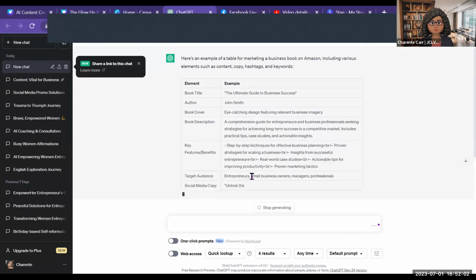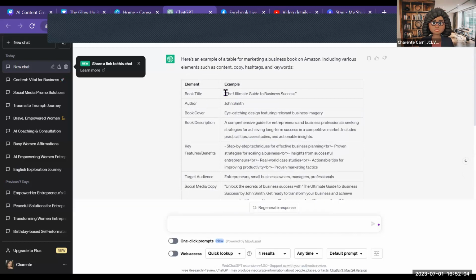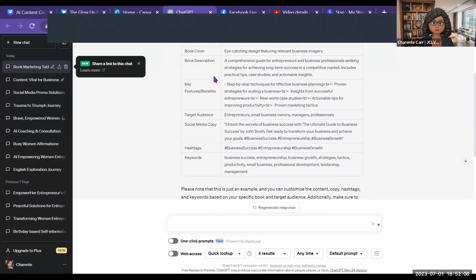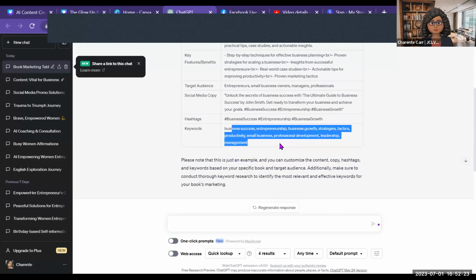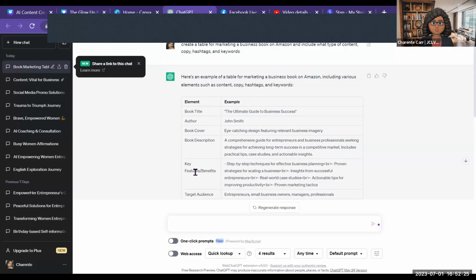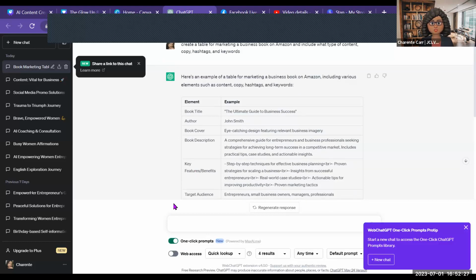Now in a table format, it is creating what I'm looking to have. It gave me the description of it. It gave me the key benefits of it. It gave me the target audience. It gave me the copy to use with the hashtags already in here. They also separate the hashtags, and they also put all the keywords right here. Okay. So the cool thing about these one clicks